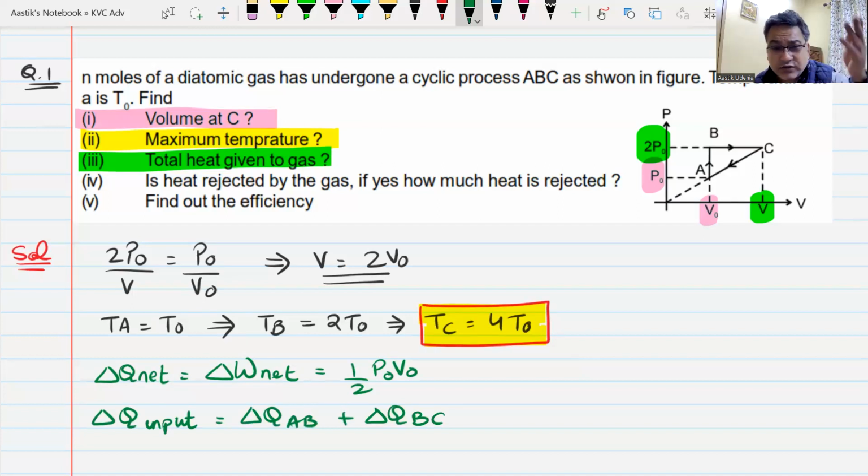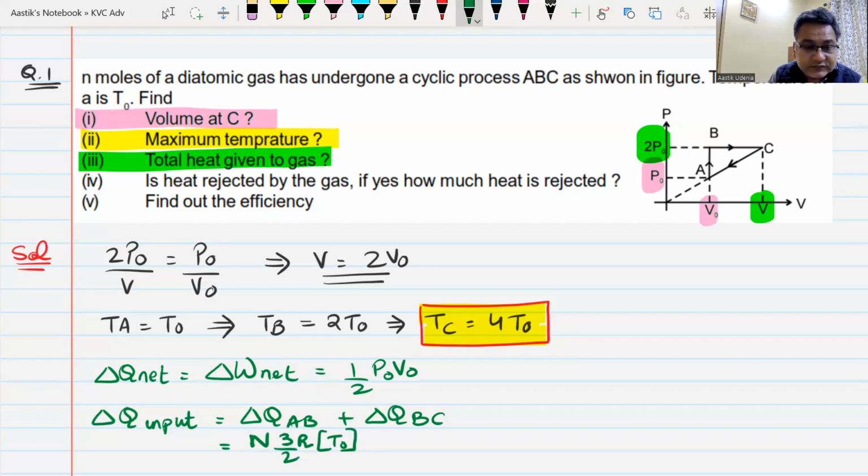A to B is an isochoric process, n C_V delta T. You can find out the heat given, yes or no. It is n into C_V. C_V is 3/2 R into delta T. Change in temperature is T naught. Yes or no? Yes, sir. Plus